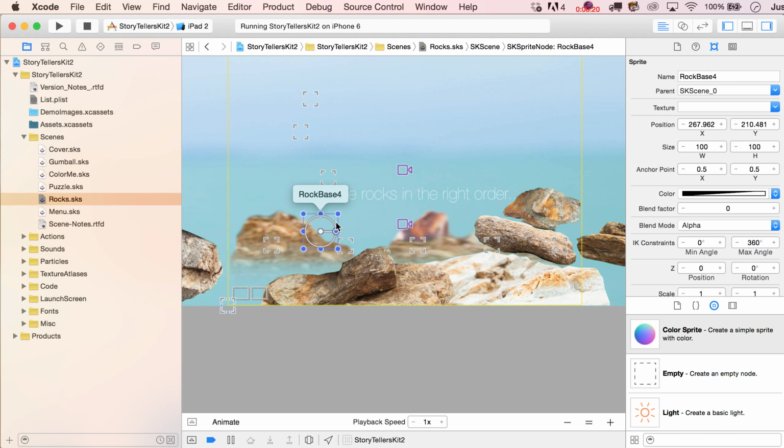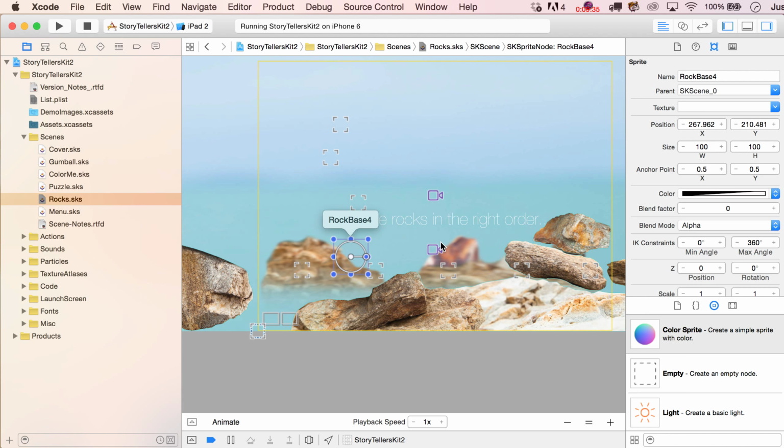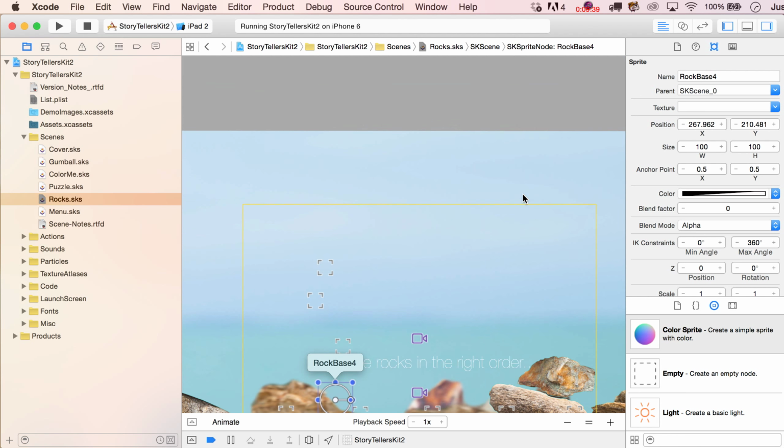So there's a bunch of things that happen to it, but we are going to leave the physics body on there so we can still stack other rocks on top of it. And that is a property that I'll show you in just a moment. Now, I don't want you to be able to pair these other rocks with these other potential bases to go to. So their actual rock bases are above